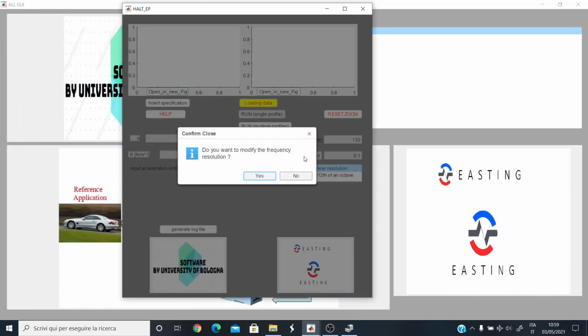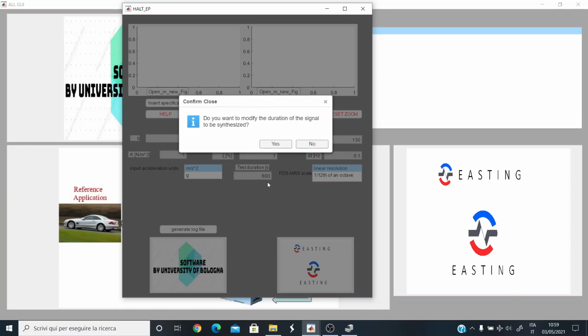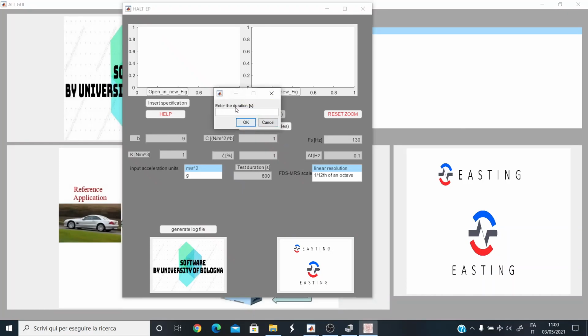You can also modify the frequency resolution, which was this 0.1 Hz, and I will say no here. You can also change the duration of the signal that will be synthesized. And in this case, I will do it. So here you can see that there is a duration of 600 seconds. This has nothing to do with the duration of the signal. The duration of the signal was about 1105 seconds. So I can set that kind of duration here. I will not synthesize a signal aimed at accelerated tests. I will just synthesize a signal that is aimed at preserving both the kurtosis and the FDS of the signal with the same duration as the reference signal. So here I will click yes, and then I will set